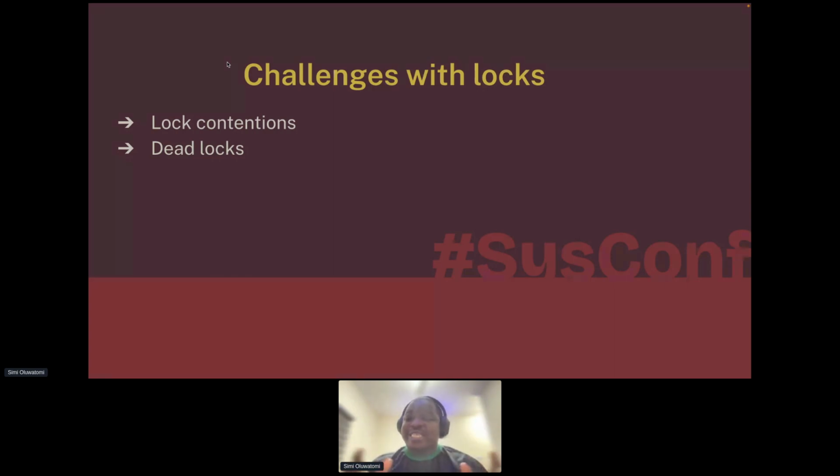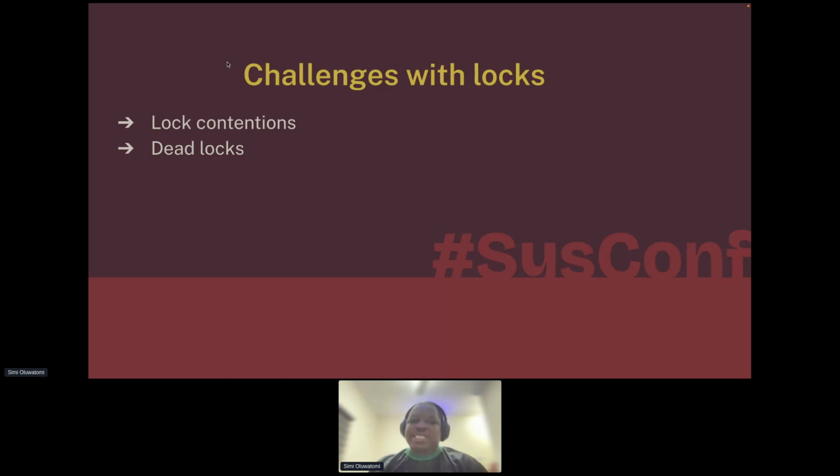The second issue are deadlocks. Deadlocks happen when a transaction obtains a lock on a resource, and then without releasing that lock, tries to obtain another lock on another resource. Now, if a separate process has a lock on that first resource, because the first process cannot acquire that lock, the two of them will now be fighting a deadlock.